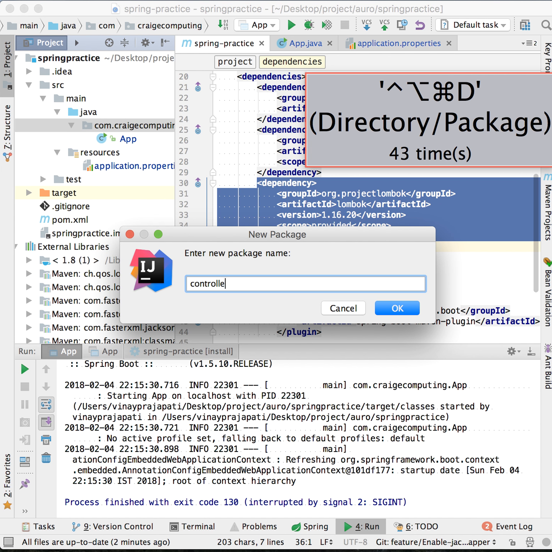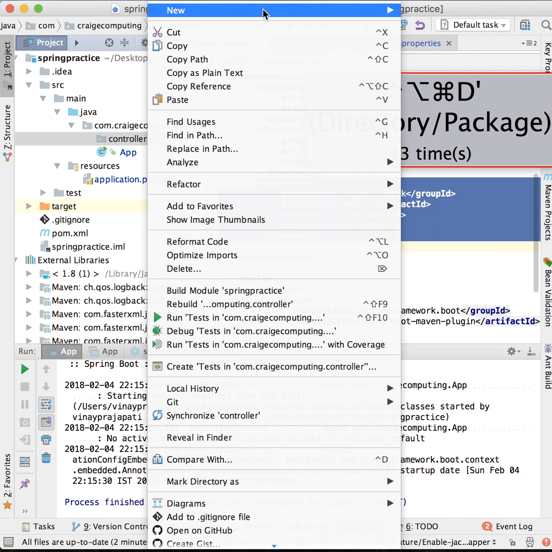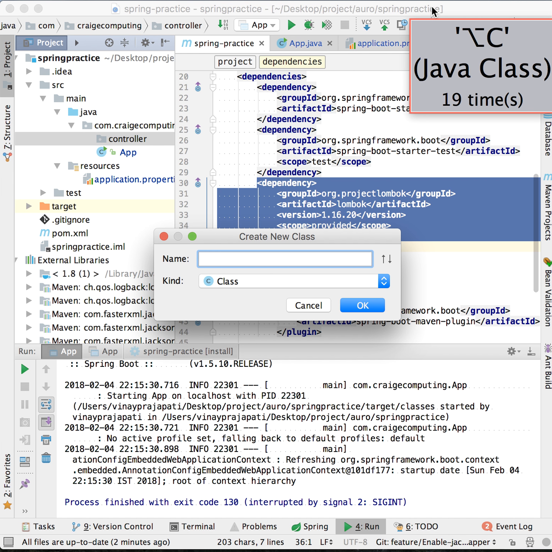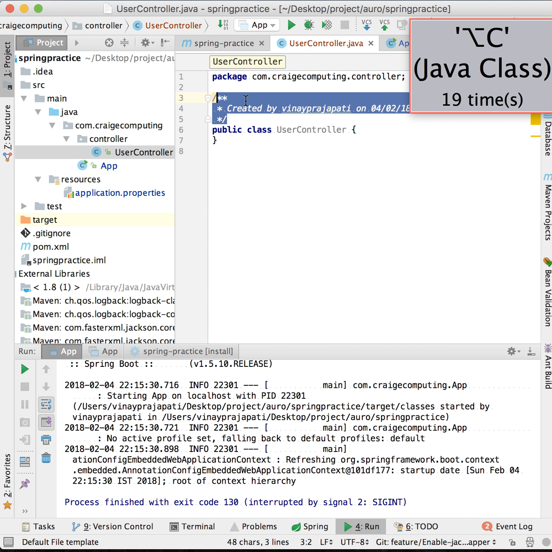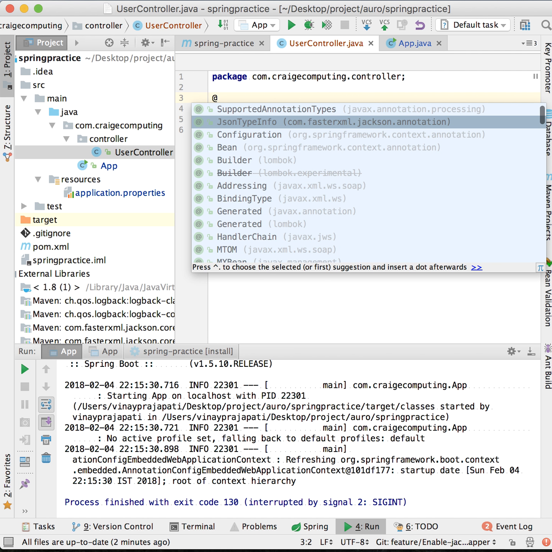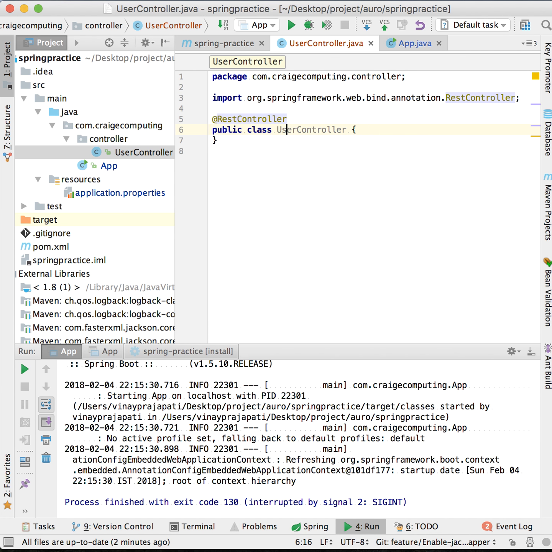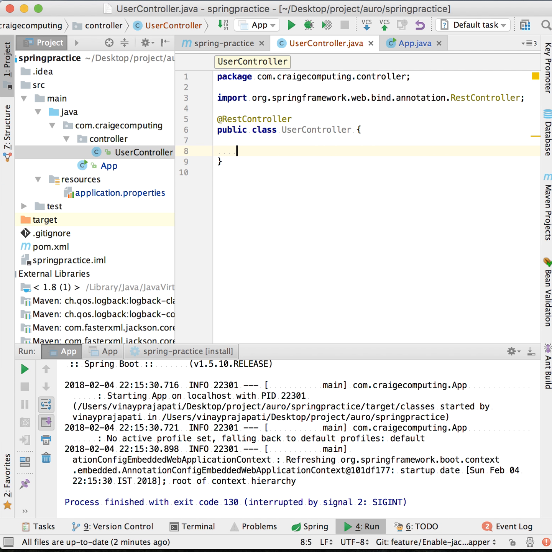Let's say controller, and here let's say UserController. All right, so you could remove the non-required comments. To create a REST controller, let's use the simple RestController annotation, and let's create a simple method, say public String user,